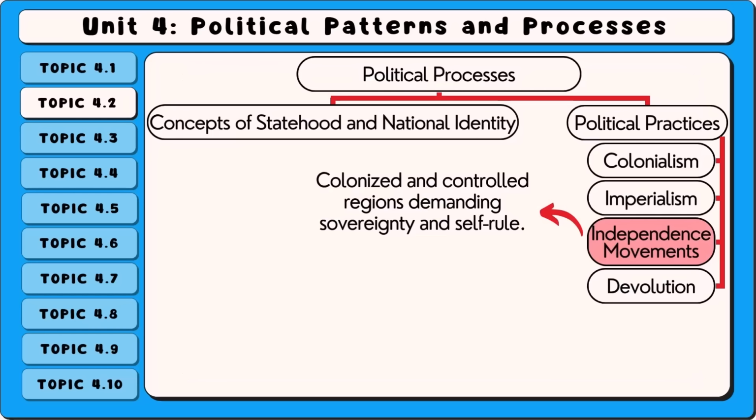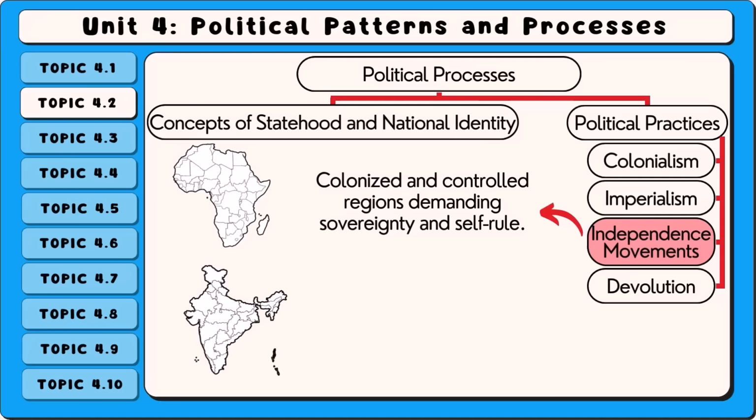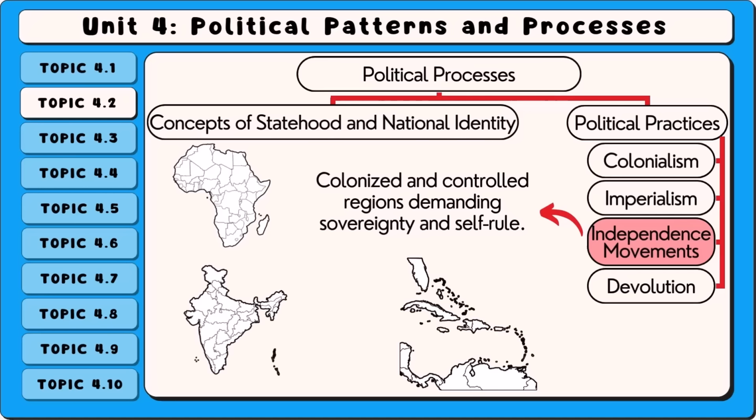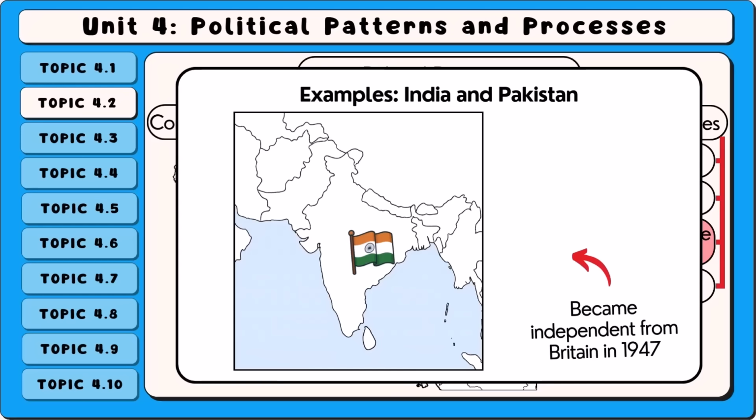Independence movements emerged in the 20th century as colonized and controlled regions began demanding sovereignty and self-rule. Many countries in Africa, Asia, and the Caribbean gained independence after World War II. These movements often redrew political boundaries and created new states. For example, India and Pakistan became independent from British control in 1947, forming separate states based on religion and cultural